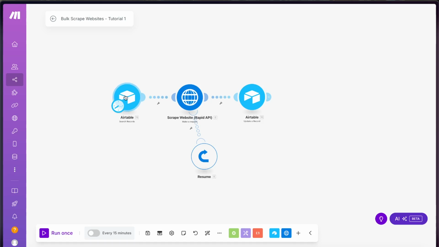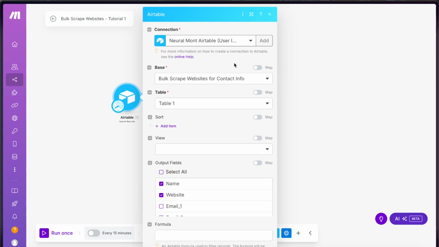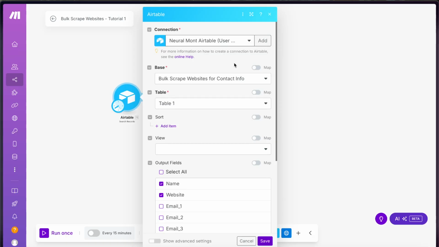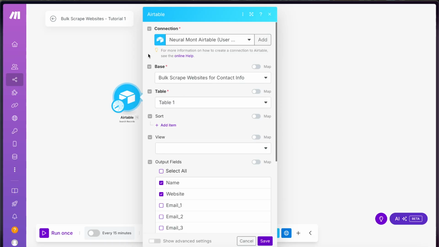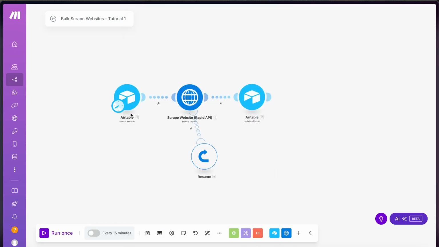And then you'll need to connect your account. You'll do that by clicking add, and then it'll prompt you to sign in and connect those 2 accounts using the Airtable module in Make. You'll need to have an Airtable account, and you'll need to be signed into it in the same browser. What I'm doing here is using the search records Airtable module. So we're pulling all those records that you just saw, and then we're sending each one of those records